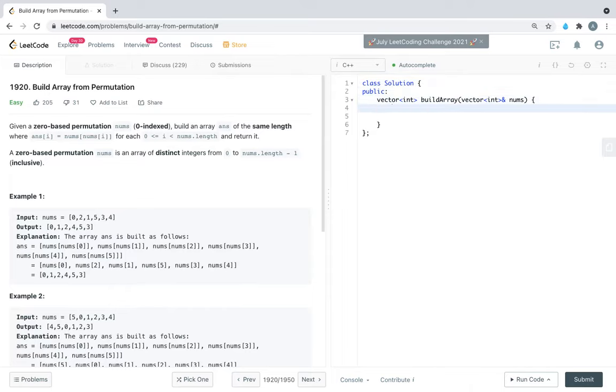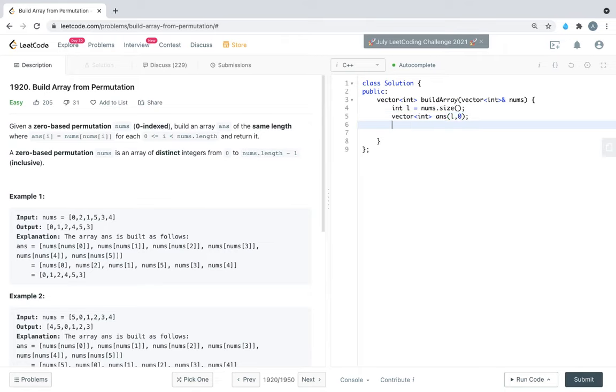First we have to create one more vector over here, of integer type, and we will name it answer, and the vector is of the same length. So first we'll get the length of nums: int l is equal to nums.size(), and vector<int> answer(l, 0).